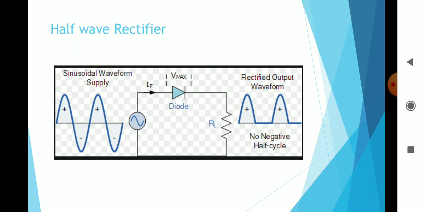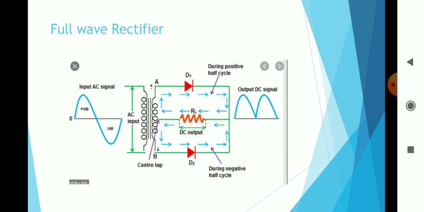Now we have a full wave rectifier. So this is the actual circuitry. Even in a half wave rectifier we do use a transformer. The use of a transformer is just to go from a higher potential difference to a lower potential difference. That is, we get 230 volts on our main supply, but we want it around 20 or 12 volts sometimes. So we have to use a step down transformer.